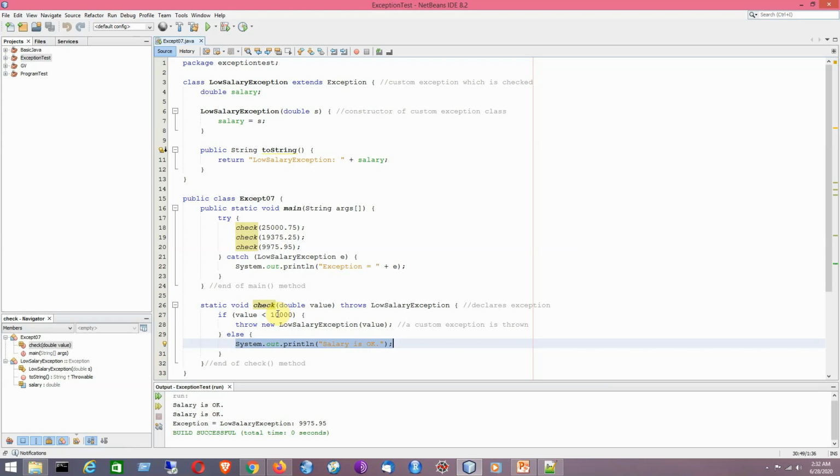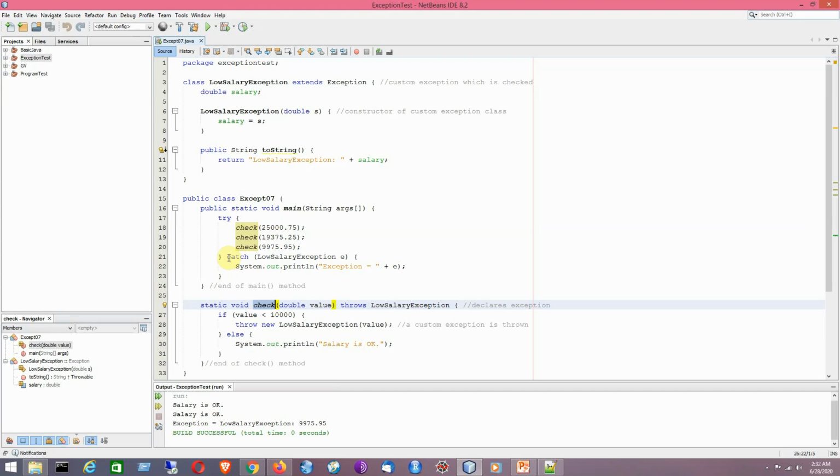So we must be able to deal with it. Here we must have the matching catch in the main method, because it is the immediate caller of the check method. Since it is not having the try catch block, it is declaring about it by using the throws clause, and it will be forwarded to its immediate caller.